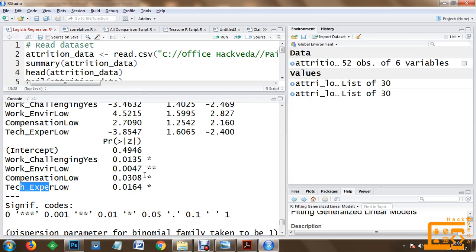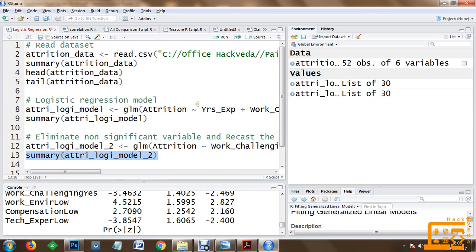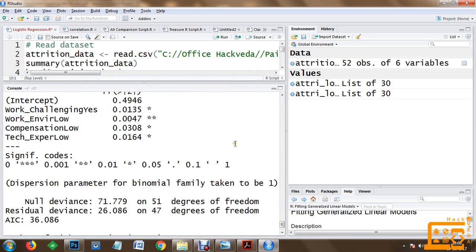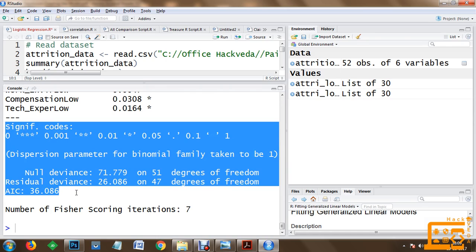I hope you understand how a model can be created for logistic regression on a data set using the GLM function in RStudio. In the next section, we are going to understand the concepts of degrees of freedom, and we are going to proceed further. We are going to understand the deviance concepts as well, so that you can understand how it works as far as your logistic regression model is concerned.